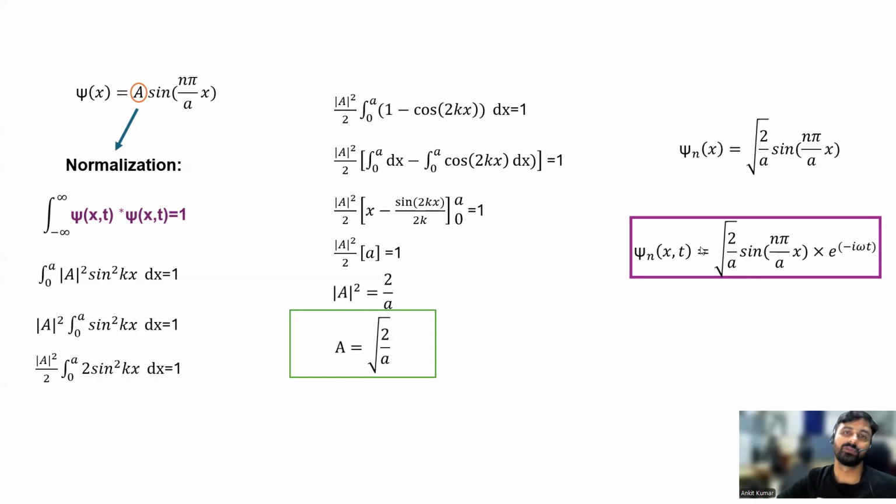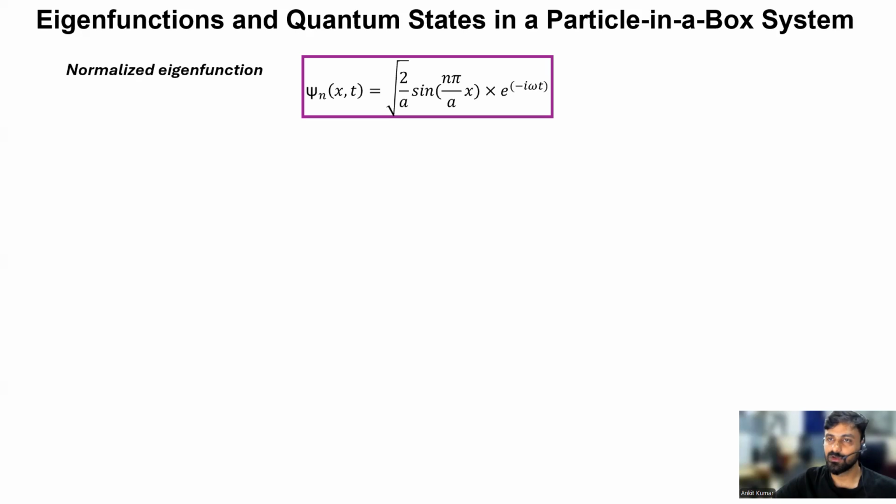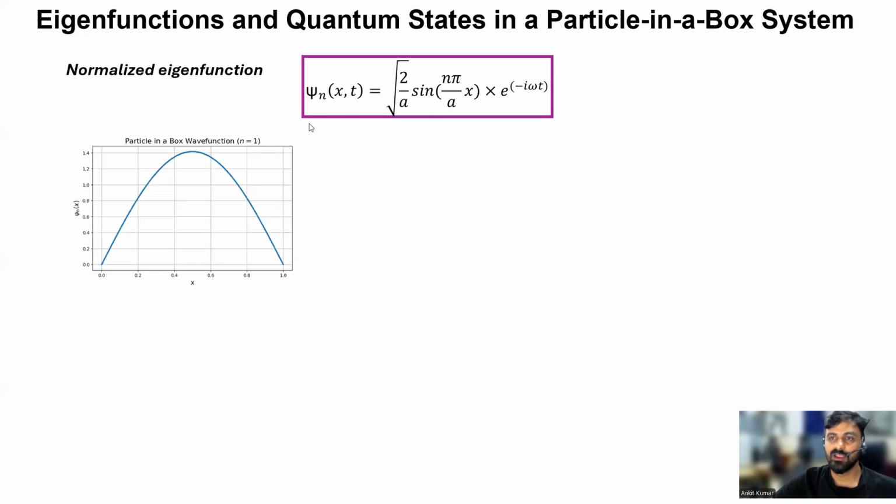So till now, we have derived the wave function which varies with respect to x and time, and also with respect to n. Okay. So now coming to one of the most important concepts for the particle in a one-dimensional box, that is the eigenfunction and the quantum state in the particle in a box system. So here we can see that as we got the normalized wave function in this form,